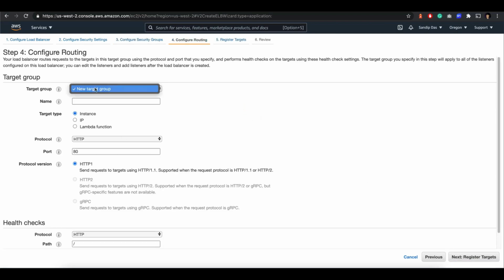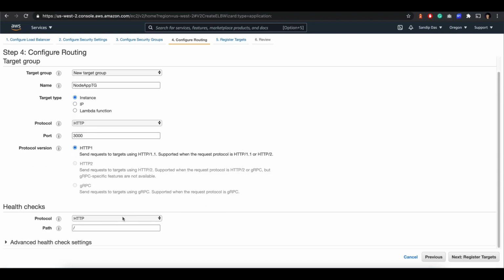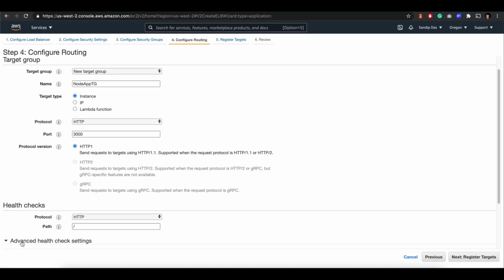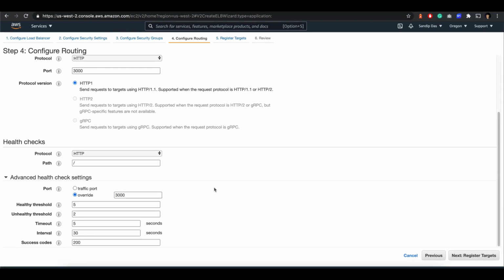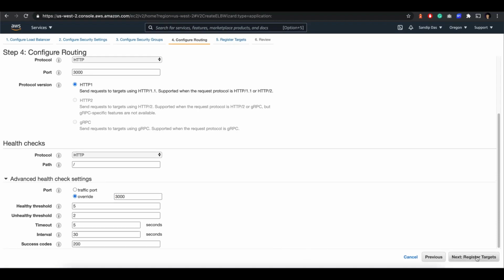Next, configure routing. Here, new target group, and for this target group say Node app TG, Node app target group. Port will be 3000 because I'm running on port 3000. This is the health check.